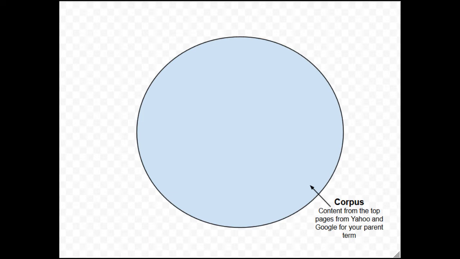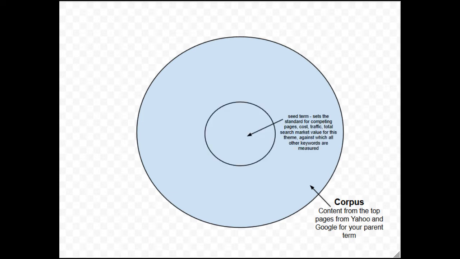So let's come to our next picture for a second. Within this corpus, you have the seed term. Now, the seed term is never contained on all of the pages. Even so, we don't show the co-occurrence. It can be radical, right? It can be maybe 70, 80%. It depends a lot on the niche and what the search engines have deemed to be important